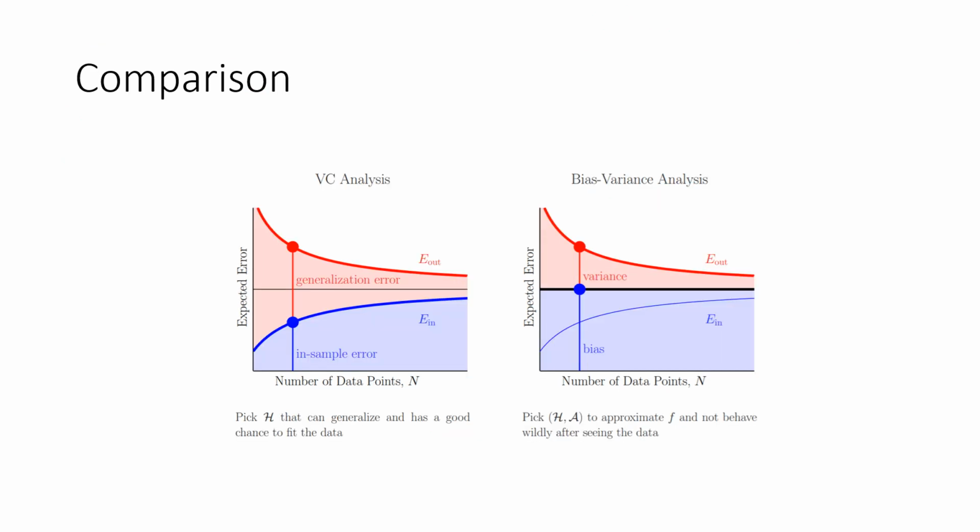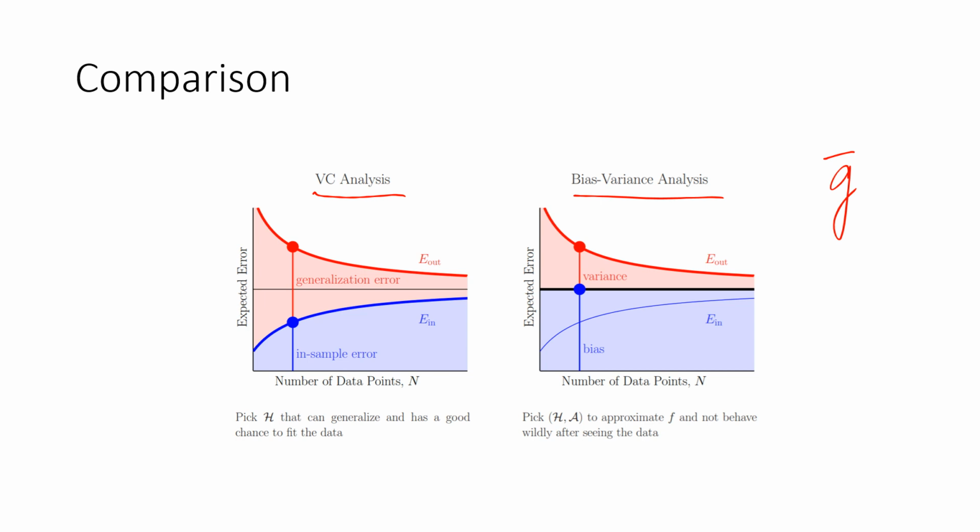So this is the final comparison between VC analysis and bias variance analysis and the learning curves. We have the expected error and the number of data points. The VC analysis bounds the generalization error, right? The bias variance analysis is somewhat idealized, I would say, because it assumes that for every n, the average learned hypothesis, G bar, has the same performance as the best approximation to F. And as n, the number of data points, increases, moving to the right on the learning curve, both the generalization error and the various terms shrink as expected.